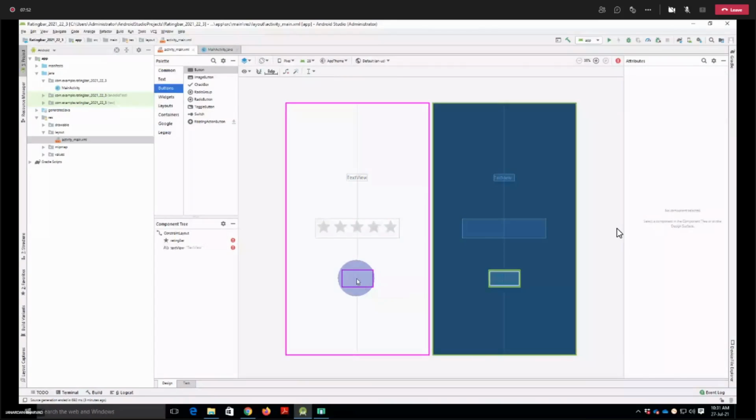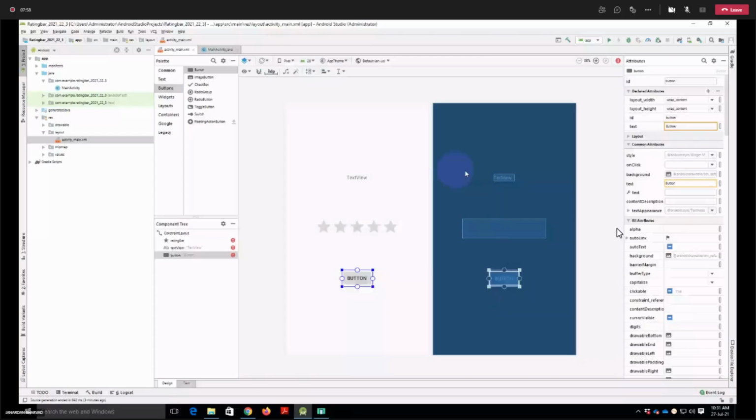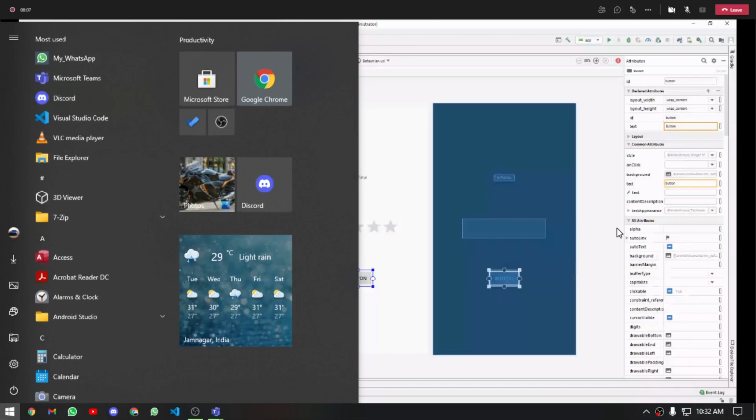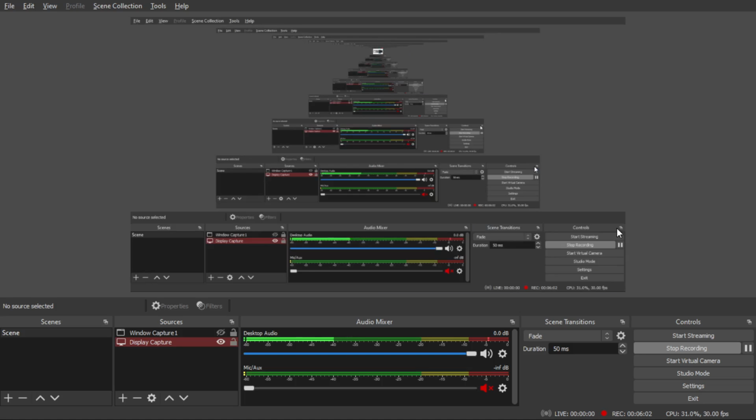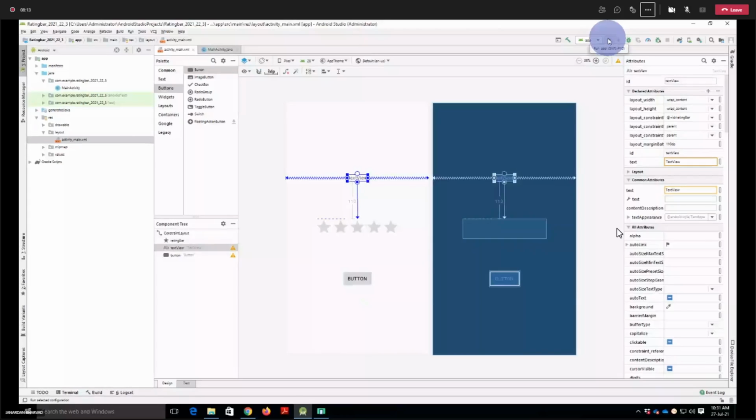Once the design is over, just click on infer constraint so that you don't have to provide the constraints manually. You can see all the constraints are given. The button is called infer constraint. So let's run this one and check whether the design is fine or not.